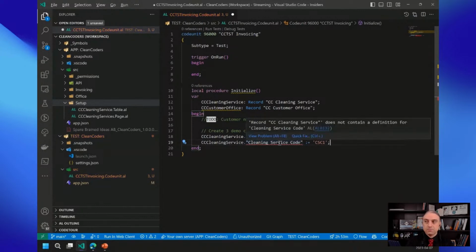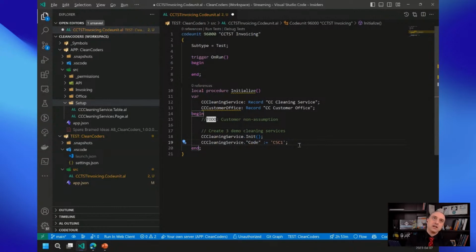Now, unlike Business Central extensions, it's not semantically aware of what the field names are. It's inferring as best it can based on the language you're using, but it does not validate and go check, is there a field named this thing? In this case, there was not. It inferred that I would call it cleaning service